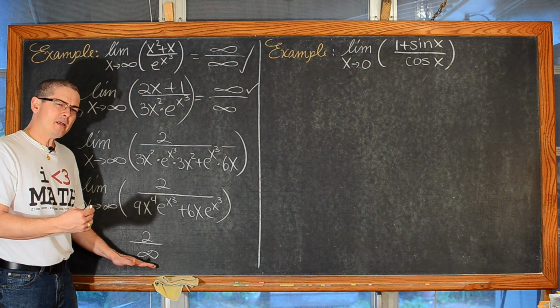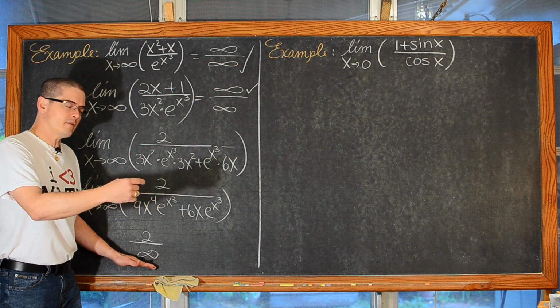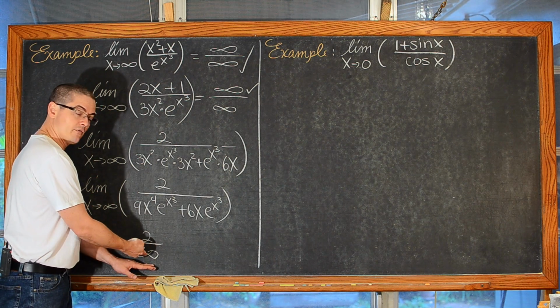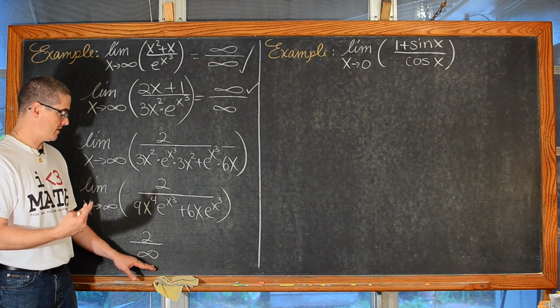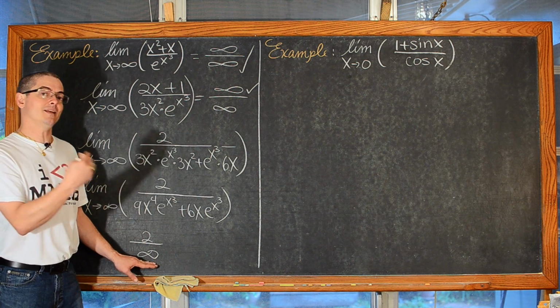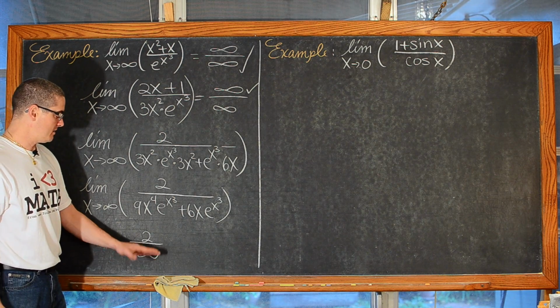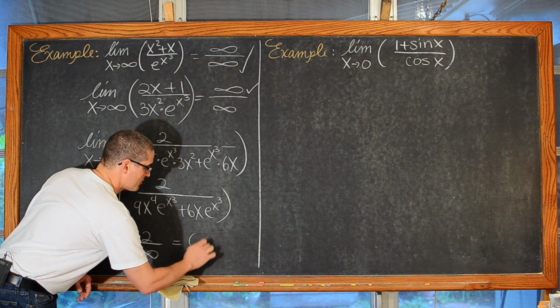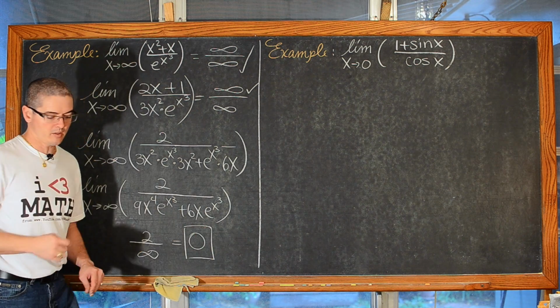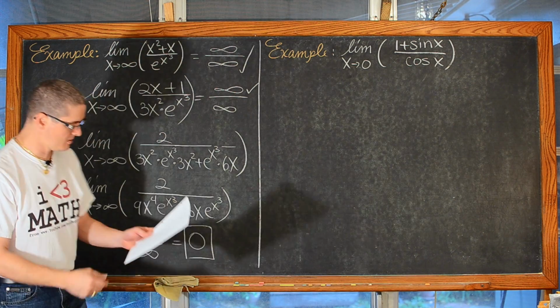Well, if the denominator approached 0, that means you have a large number effectively over a very, very small number, and that means your function is going to approach infinity or negative infinity. But if your denominator is becoming infinitely large compared to that numerator, which is a constant, that is going to be approaching 0. And let me just make sure I haven't made any mistakes here.